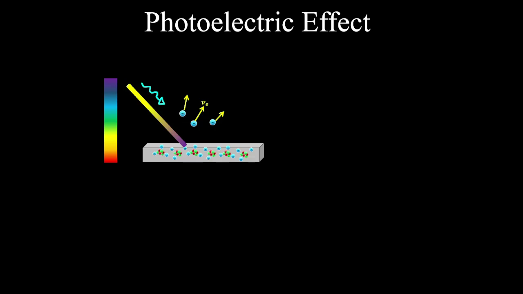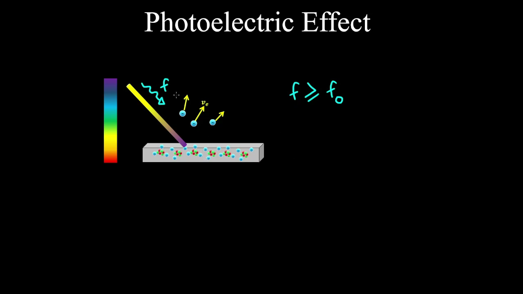Now the emission of electrons via the photoelectric effect requires a minimum frequency of incident light, and that's called the threshold frequency. So if the light, having some frequency, is incident on the material, and this frequency is at the threshold frequency or higher, then this incident light will result in electron emission, regardless of the number of photons that strike the material. So no electrons are emitted if the frequency of light is less than a threshold frequency.